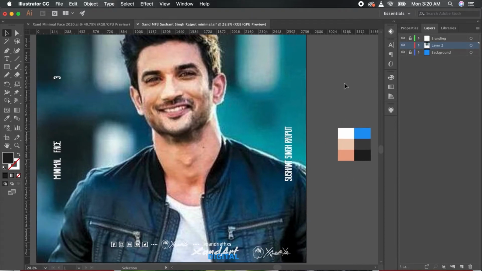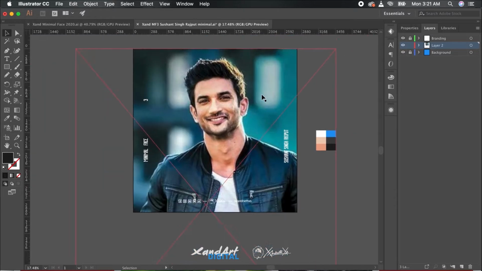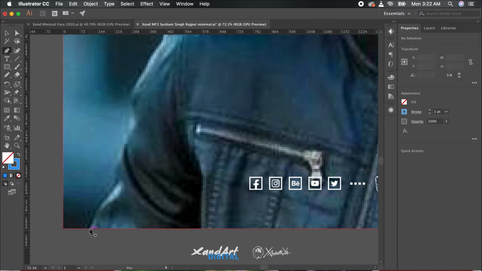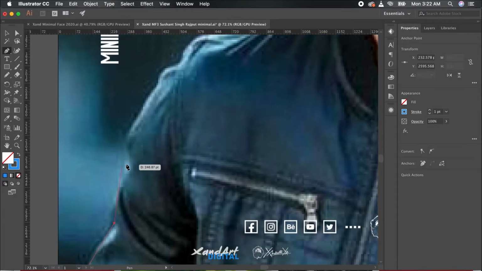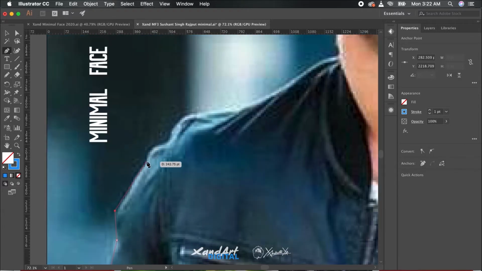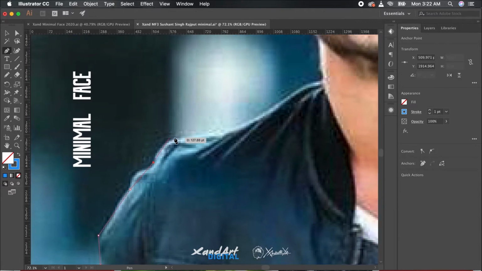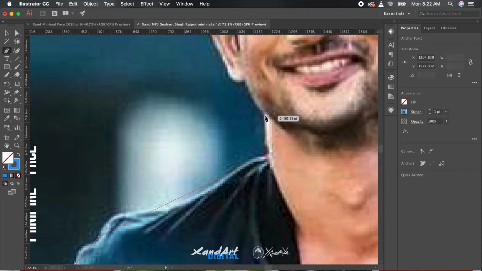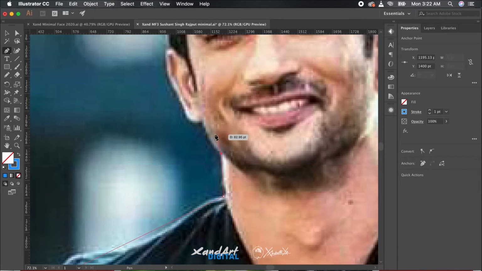So once that's done, we will start with the tracing process. We will start by outlining the biggest objects we can divide the complete portrait into, and we will be using the pen tool for that. Shortcut is P. And to make it easier, we will be using an outline form of the color.